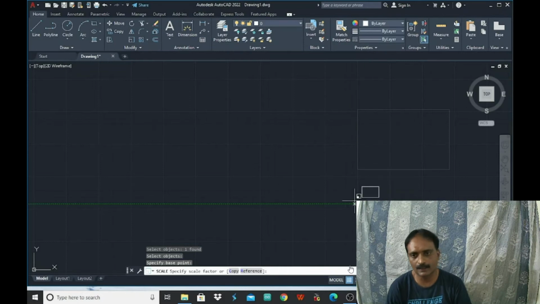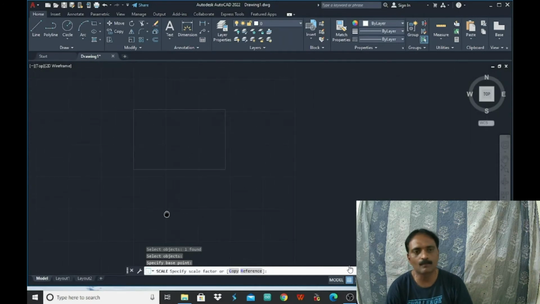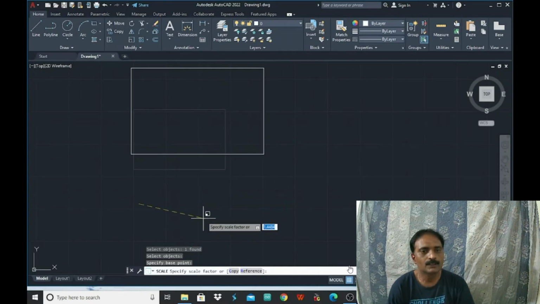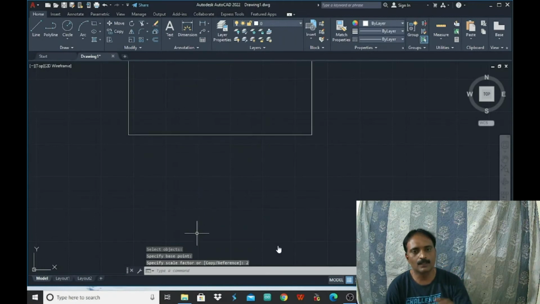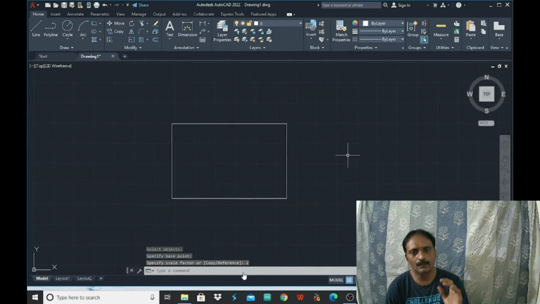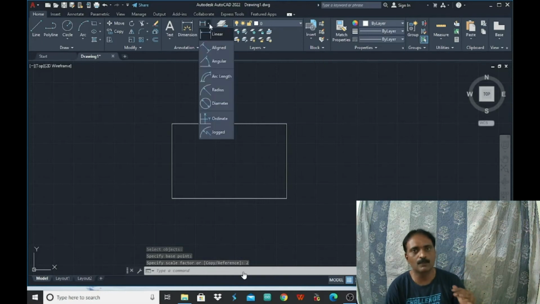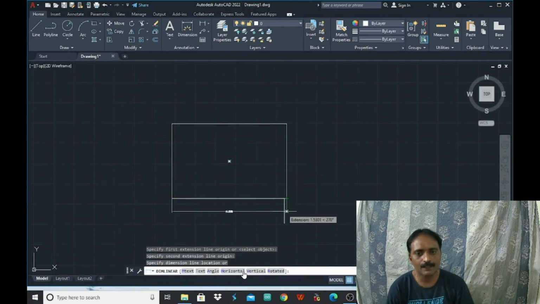Scale option. Scale means you are going to increase or decrease the size of the object. If you want, you can fix it as per the movement of the crosshair, or you can specify the scale factor by which the object is to be increased or decreased. If it is greater than 1, the size of the object is going to increase. If it is less than 1, the size is going to decrease.